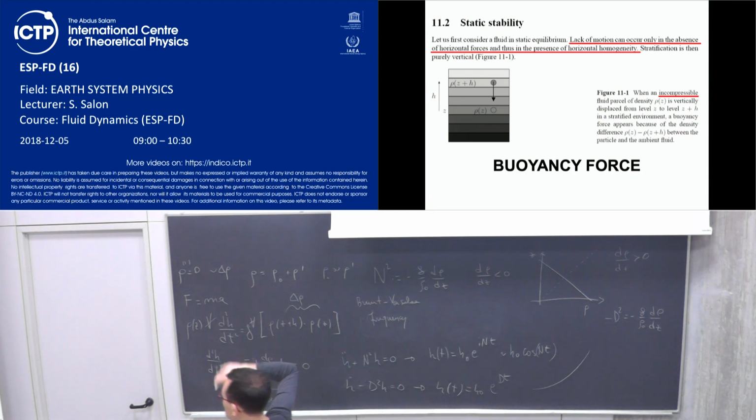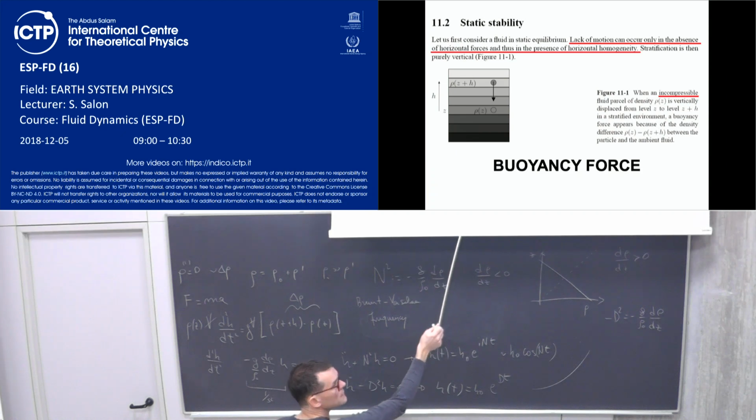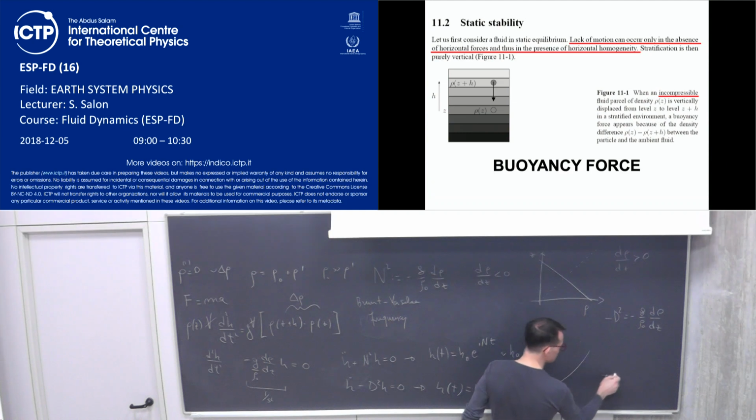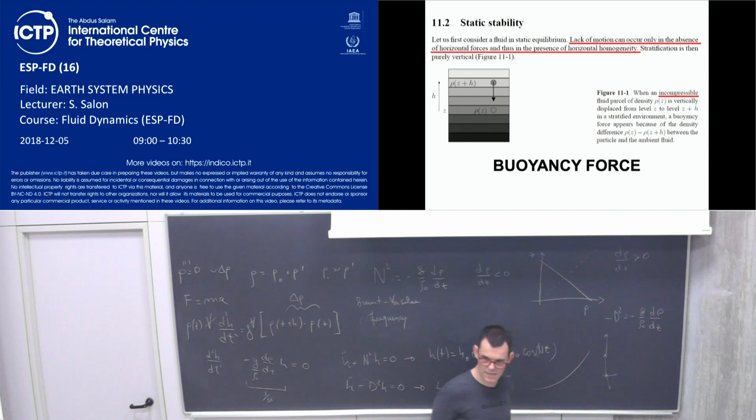Why? Because if you reverse the layout of our system, so we have lighter fluid here and heavier fluid here, if I do the same, and if I put my parcel up, the parcel will still be buoyant with respect to the surrounding, because the surrounding is going to increase the stratification. This means that from a first position, it will still be buoyant, it will continue, and so on. Okay? So, if the first case was, let's say, initiated by an external intervention, so we are there and we put the parcel up, or there is, for example, a flow which for some reason perturbs this equilibrium status and moves the parcel up and down, giving the effect of the